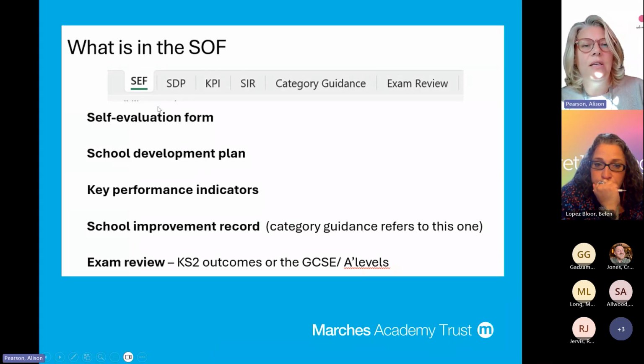The picture at the top shows the tabs that you'll see on the Excel document. You can see there SEF, SDP, KPI (key performance indicators), the SIR (the school improvement record), category guidance, which is linked to the school improvement record, and the exam review, as it's given